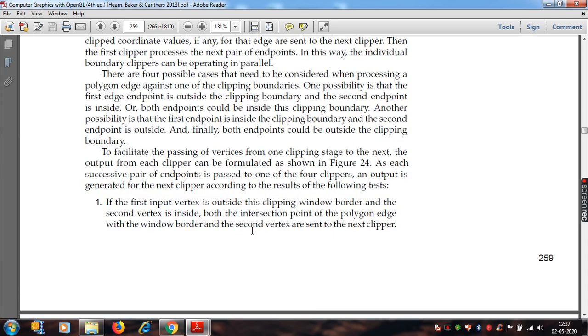First thing is, it is efficient and straightforward, because complexity will be less. There is no repeated processing of the same vertex again and again. Once the polygon is clipped on a particular side of the window, the new vertex that is generated will not be processed again. That will finally go into the final set of vertices, which is used to develop the new polygon.